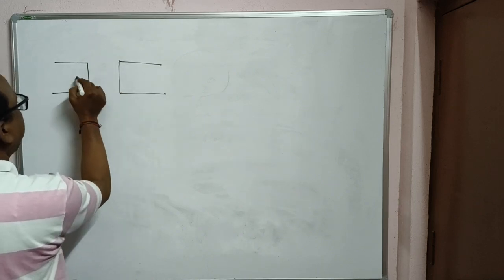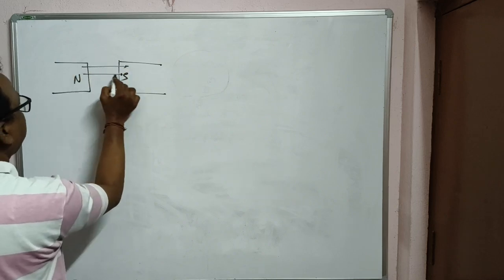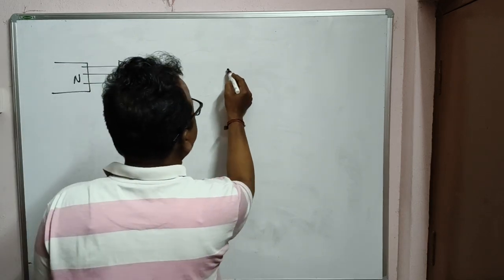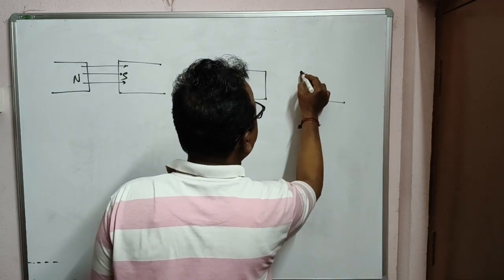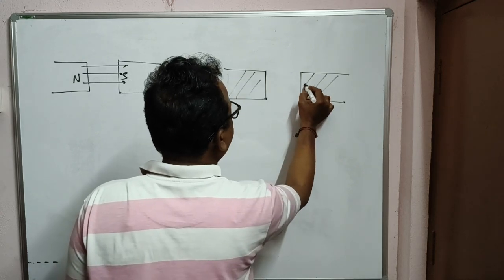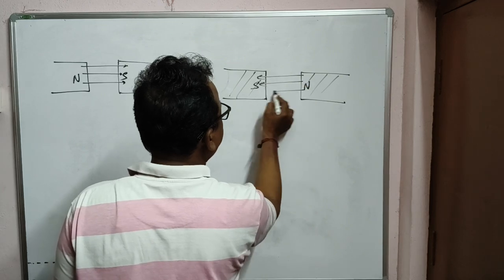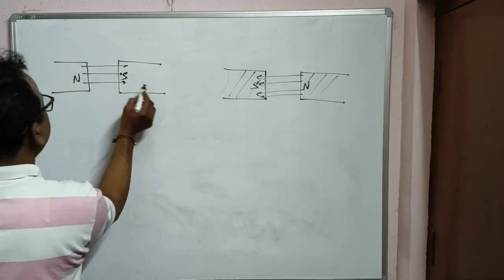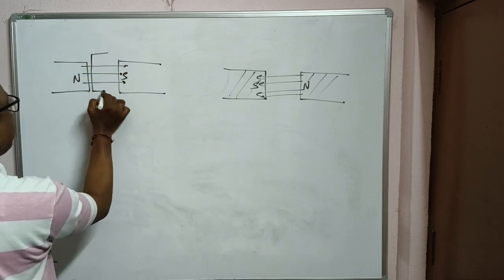For example, these are the magnets, north and south, and this is the direction of the magnetic field. In the same way, now I'll change the direction. Okay, these are magnets. Now the north pole is this side, the south pole is this side. Now the direction is in this fashion, the magnetic field direction. Now suppose in this, if you suspend a coil,